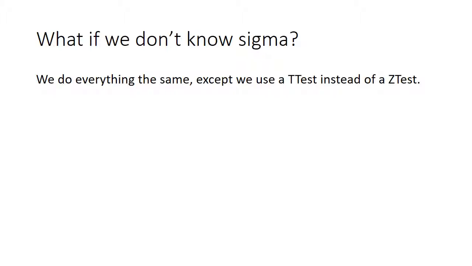Now, if we don't know our sigma, we do not have a population standard deviation, you would do everything exactly the same except on your calculator. When you go to stat tests, instead of choosing the z-test, we would choose the t-test. Instead of inputting sigma, a population standard deviation, you input S, a sample standard deviation. Otherwise,